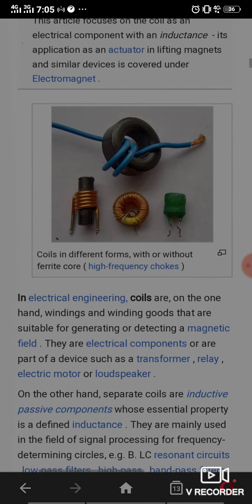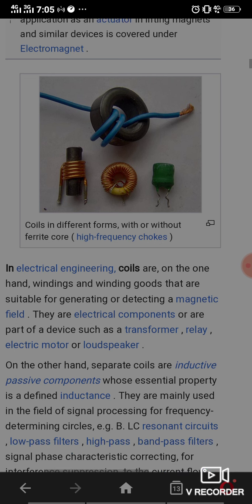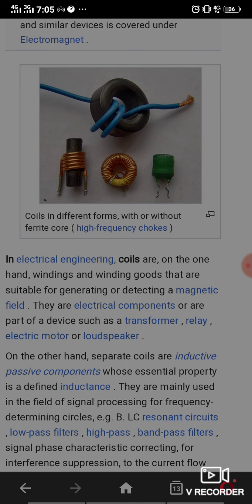In electrical engineering, coils are one of the hand windings that are suitable for generating or detecting a magnetic field. They are electrical components or are part of a device such as a transformer, relay, electric motor, or loudspeaker. On the other hand, separate coils are inductive passive components. Their essential property is defined